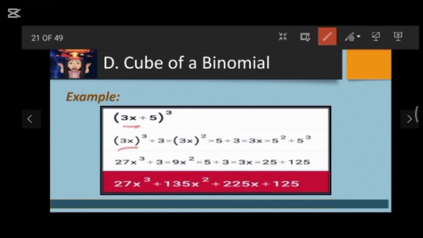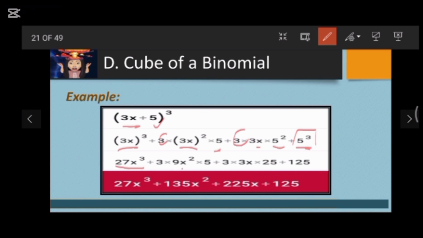So here. And the next step is to have the square of the first term and multiply it by the last term, which is 5, and multiply it by 3. And the next step is to have the first term multiplied by the square of the second term. And don't forget to multiply it by 3. So here it goes. And lastly, the cube of the last term. So we will have